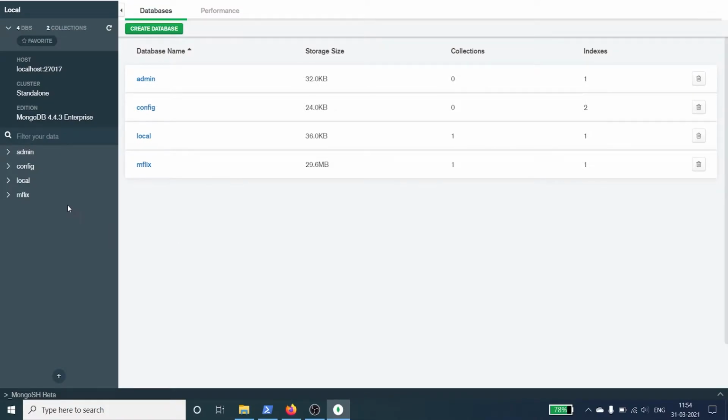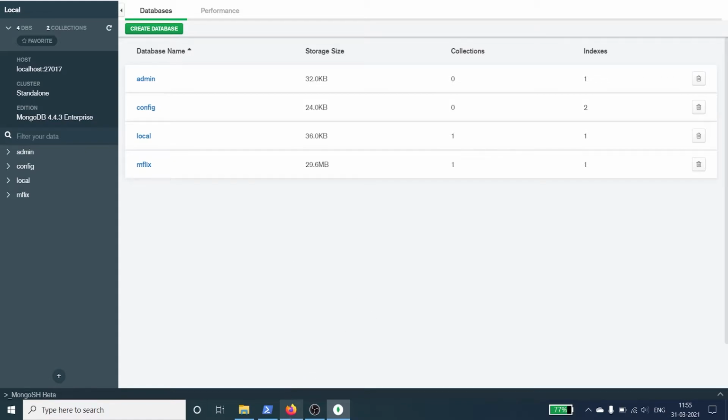These are some information about the MongoDB database. It is hosted on localhost 27017 and the cluster is standalone, and this is the edition of MongoDB. And the databases admin, config and local are by default. We are going to create one new database, machine learning, and inside that we will create a collection, iris.